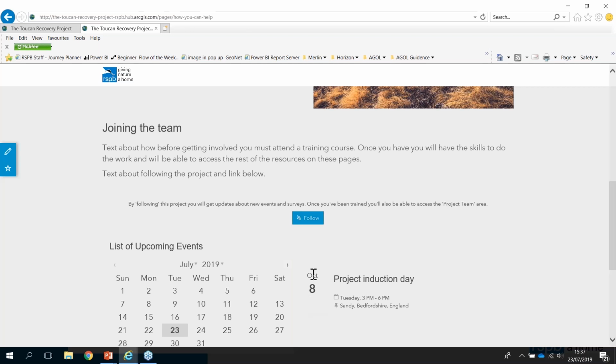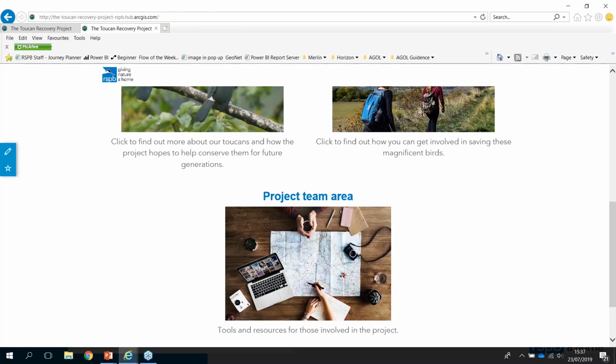Once a volunteer has signed up to the initiative, this then provides the user with an identity, which means we can then contact them about becoming a volunteer. And also, once they are fully trained and signed up, also provide them with the relevant permissions to enable them to access the project team area. So if I now go into the project team area,